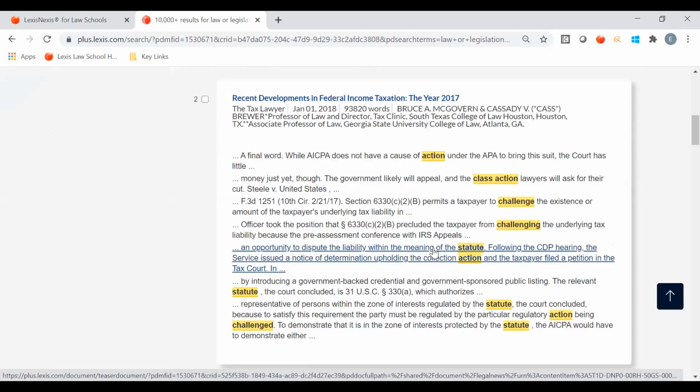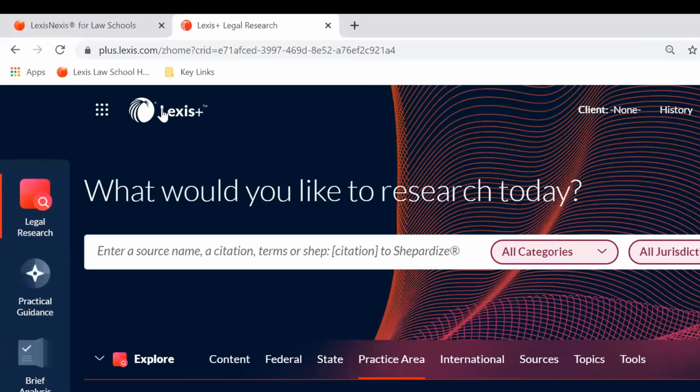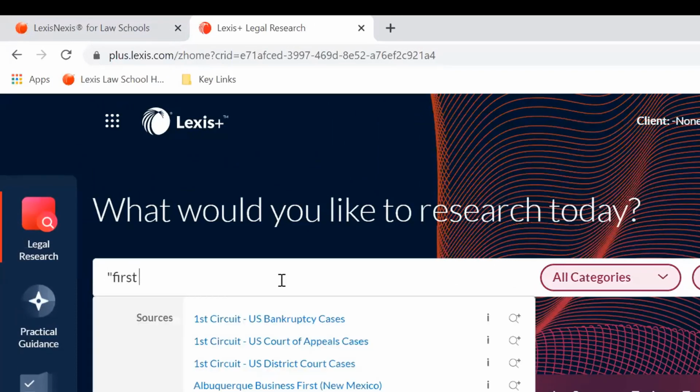So sometimes a court will decide a case and it'll be a matter of first impression in that particular jurisdiction. And when that happens, there are a lot of times a lot of open questions, and those can be ones that you can answer in your note topic. And those are things that other journals like to publish because those are the sorts of things practitioners are looking to read about and get answers on. So to find matters of first impression from your particular jurisdiction, I recommend simply just starting out doing a search.